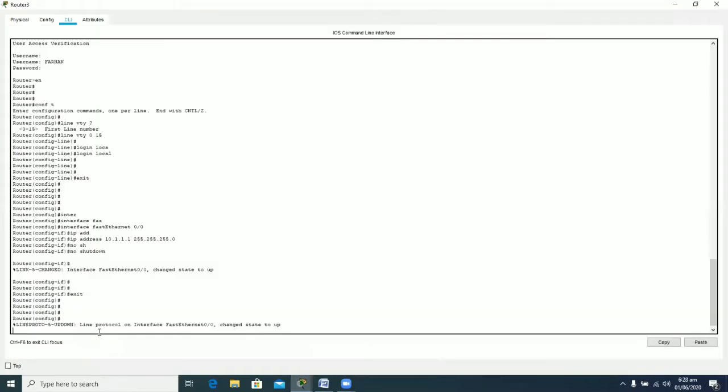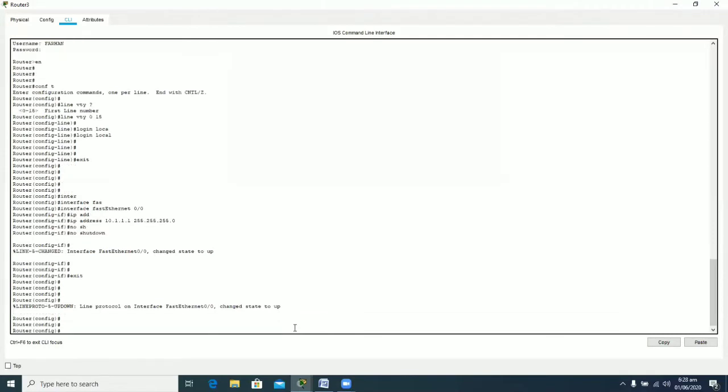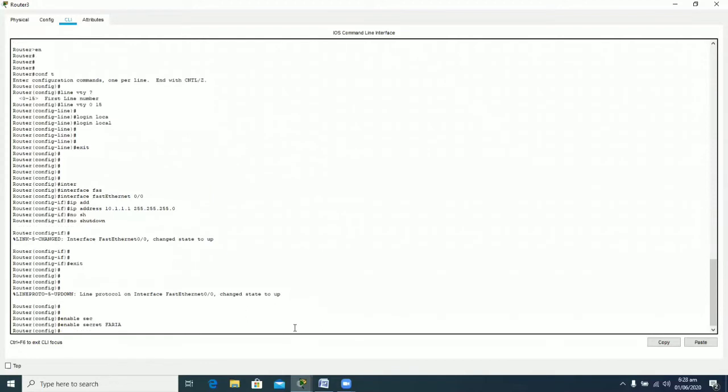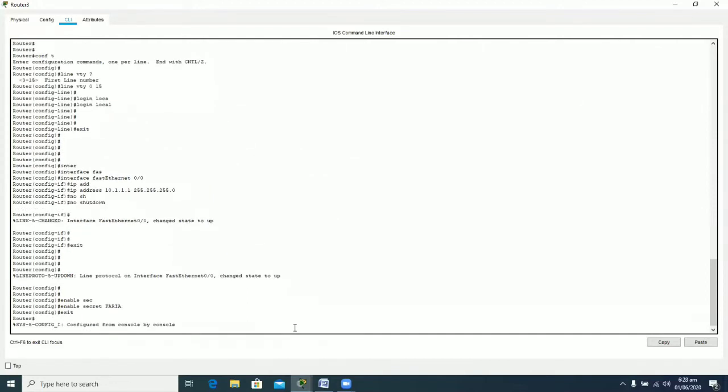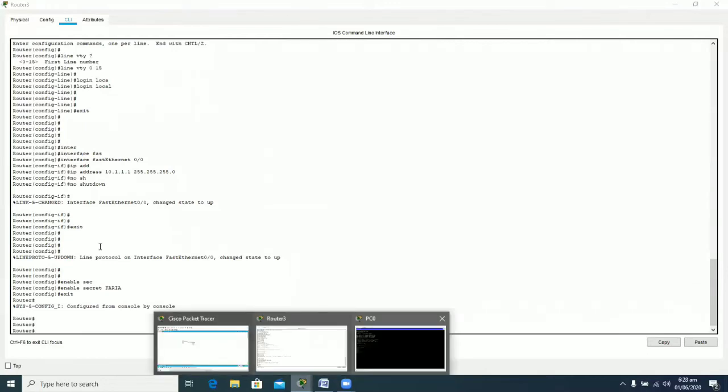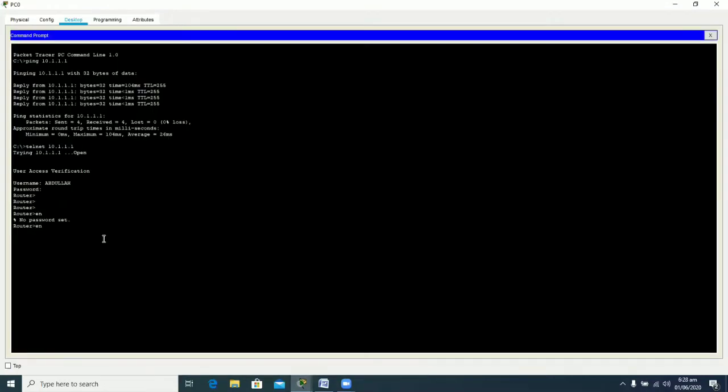This is my router, and here I will be configuring the enable mode password that I told you about in my previous lab. So the enable secret password is set to, let's say, Faria. This is the enable secret password, and now I can log into my router using this password. So again, moving to my telnet connection and typing the command enable, and there you go. We now have the password set for this router. So I wrote Faria, and now I am in the router enable mode.